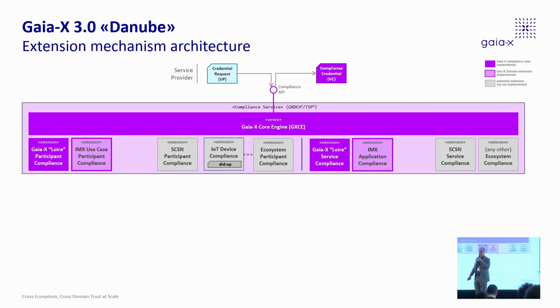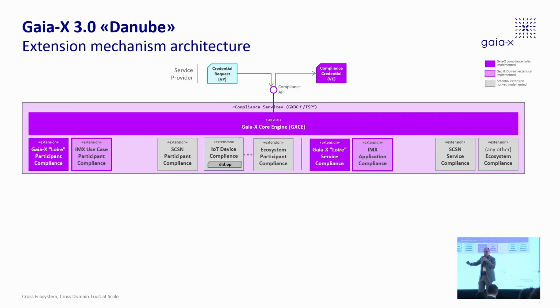complement any other ecosystem rulebook or compliance engine, including, and that was, of course, a wish by many ecosystems, to allow different DID methods. Right now we only support out-of-the-box DID web, but if, for instance, Pontus-X wants to support and base its identity on DID Ocean protocol, they are fine. DID IOTA, DID, even anonymous identifiers would be okay, DID key, why not? But the ecosystem, this is why it's gray, the ecosystem has to provide the code.